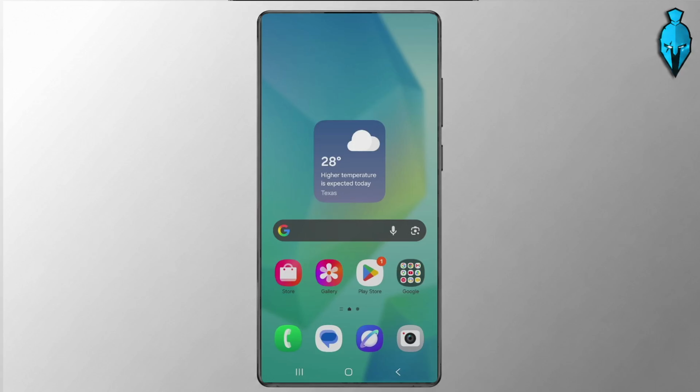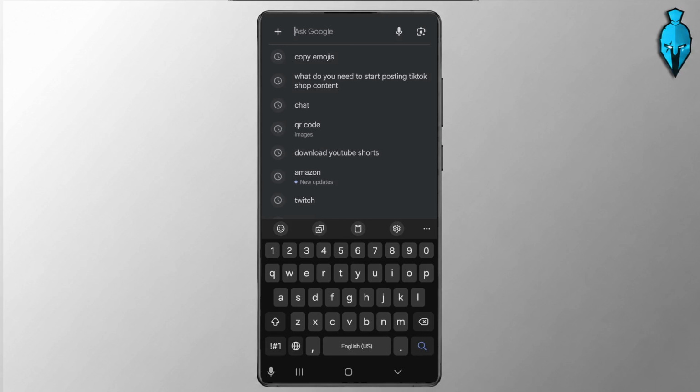First things first, just go ahead and open up any app that brings up your keyboard. You can open up Notes. In my case, I'm going to open up Google. Once you go ahead and open up Google and you have your keyboard on here, tap the clipboard icon, and